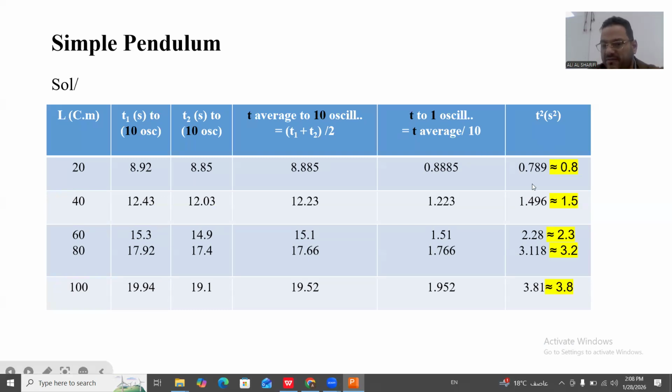Here I have the t squared. It's equal to 0.789. There is no way to plot a number like that on x or y, so let's say it's approximately 0.8, approximately equal to 1 and a half. Okay,